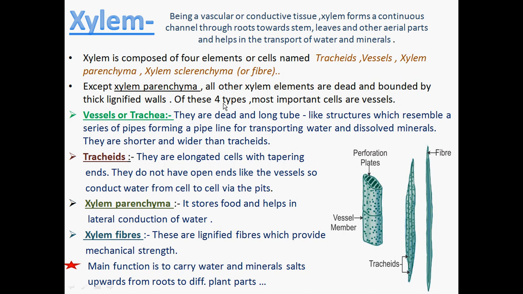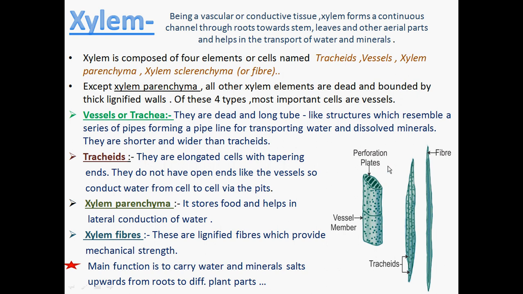Out of all these four, that is the tracheids, vessels, xylem parenchyma, and xylem sclerenchyma, the vessels are the most important cells. Why? Because they are wider than the tracheids and all the other cells, and they are also shorter, and they form a long pipeline-like structure to conduct water. You can see in this figure, this is a vessel, and vessels look like a pipe. These pipe-like structures, long tubes, form a series of pipes forming